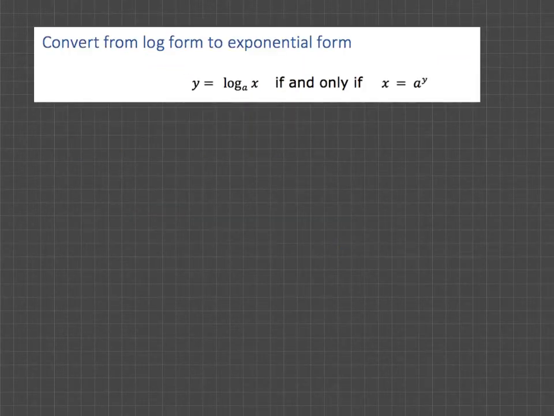Now we're going to practice going from the log form to the exponential form. So we're going from something that looks like this to something that looks like this. This first form is what we call the log form. The second form is the exponential form because we have the y in the exponent. So let's look at this example. We have log base 4